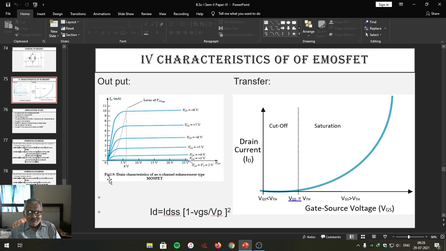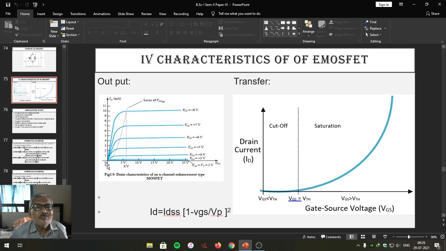Same type of working we are going to observe from the output characteristic curves. Thus we can say output characteristics are nothing but the graph of drain current ID versus drain to source voltage VDS, but at any constant value of VGS. The nature of the graph obtained is as represented in this particular graph. Say for VGS equal to some say plus 8 volt, the nature will be like this. Look at here.